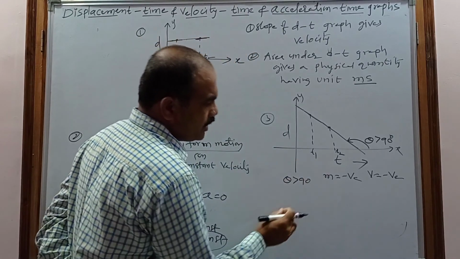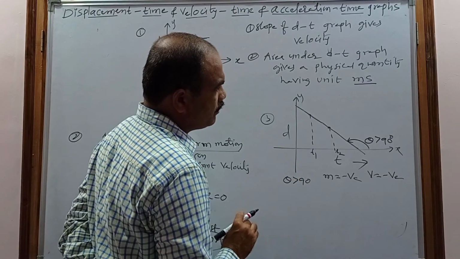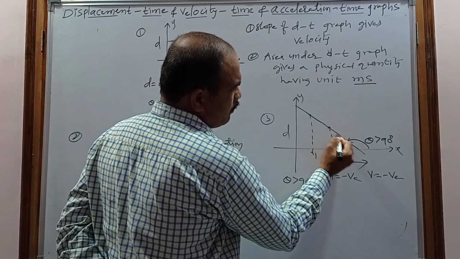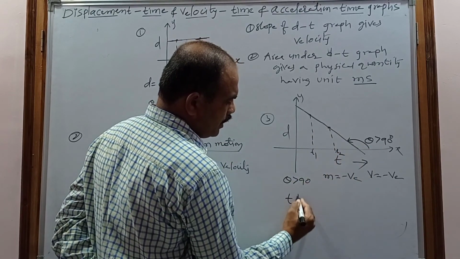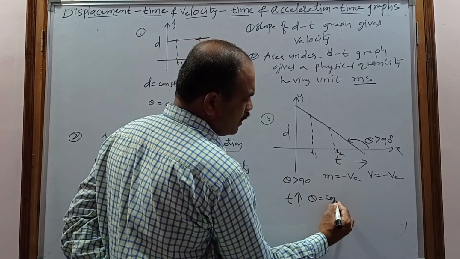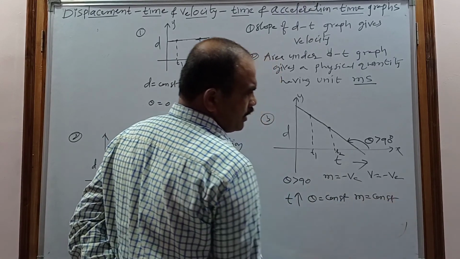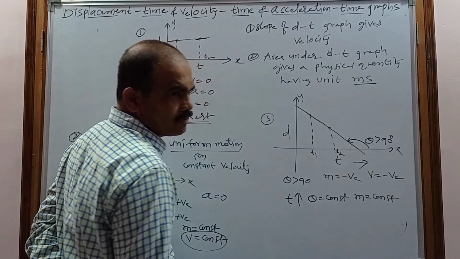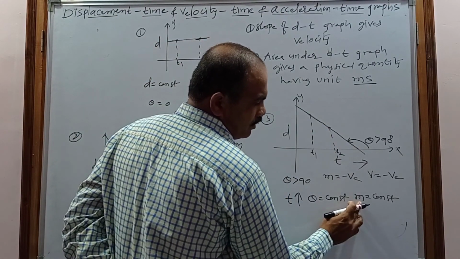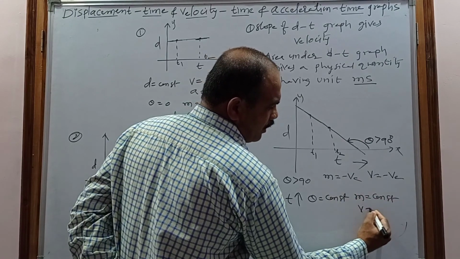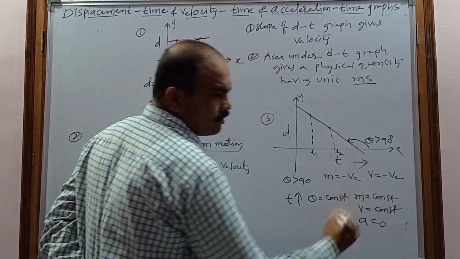Now I am going to check whether the velocity is increasing, decreasing or not changing with respect to time. If you observe the angle made by the tangents at t1 and t2, it is the same. When the time is increasing, theta is not changing, theta is constant. That's why the slope of the graph is constant. I already said if the graph is a straight line, the slope cannot change with respect to time. Easy, you have to remember. If the slope is constant, the velocity is also constant. If the velocity is constant, acceleration is 0.